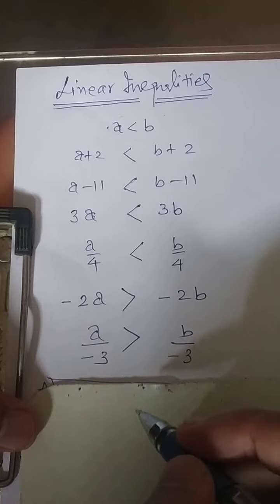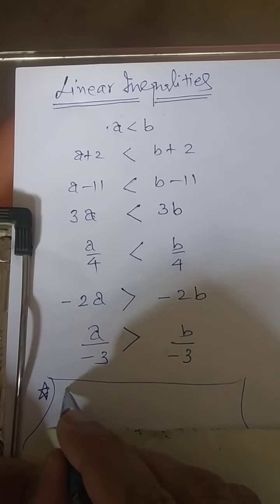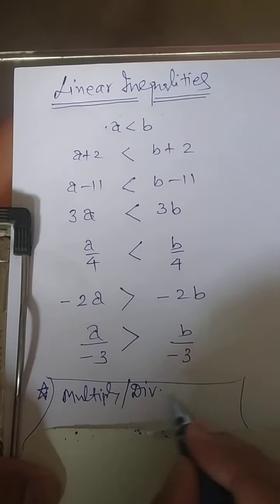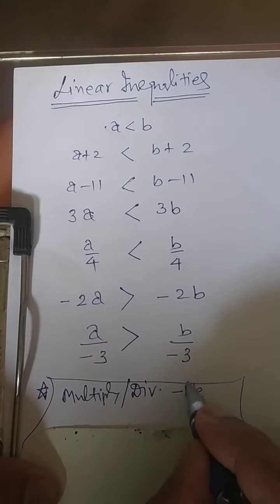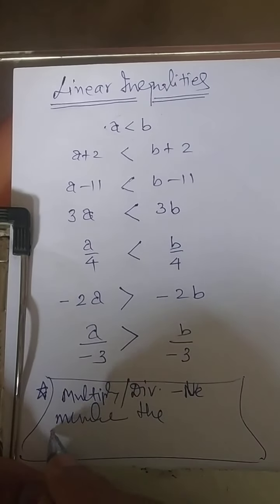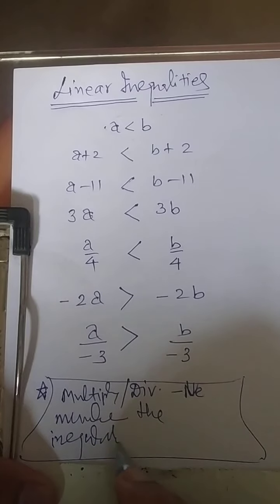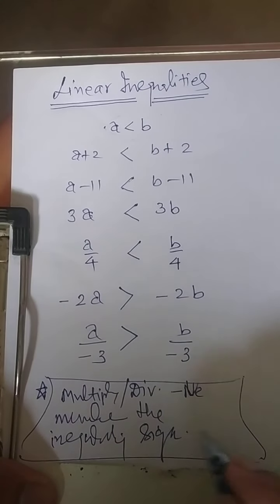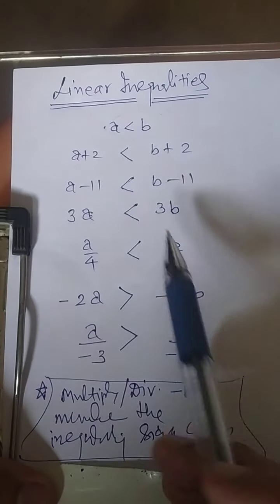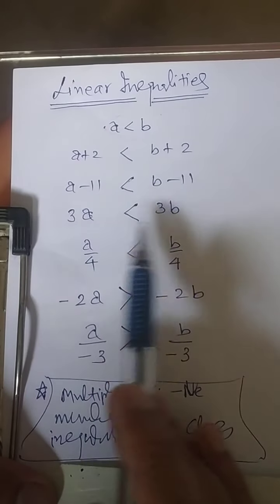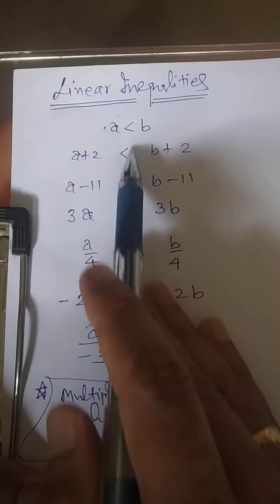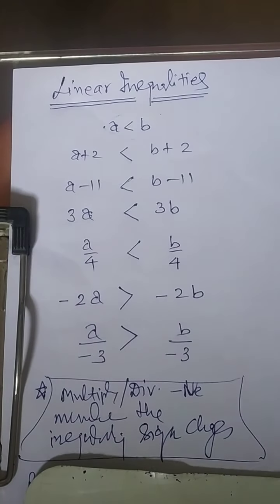So one common fact you are getting, that if you multiply or divide by a negative number, then the inequality sign changes. This is the most important remark. If it is greater than here, then in this case it will change. Suppose you are adding or subtracting some positive number, or multiplying with any positive number, there is no impact, the sign remains the same. This is one fact you should keep in mind.